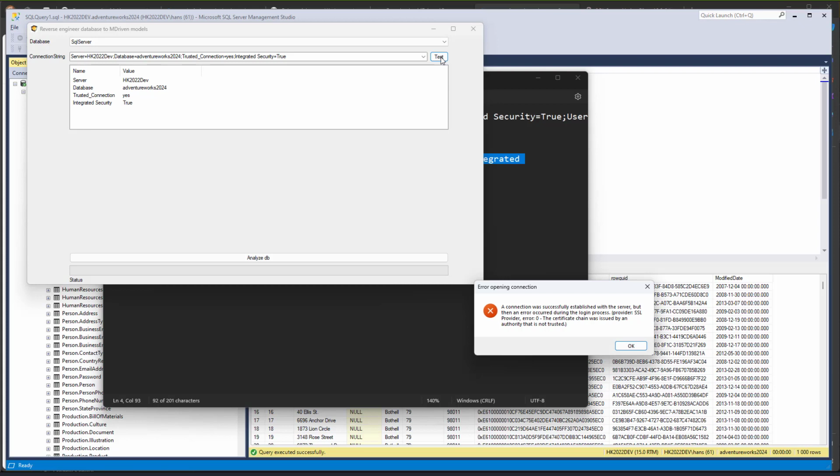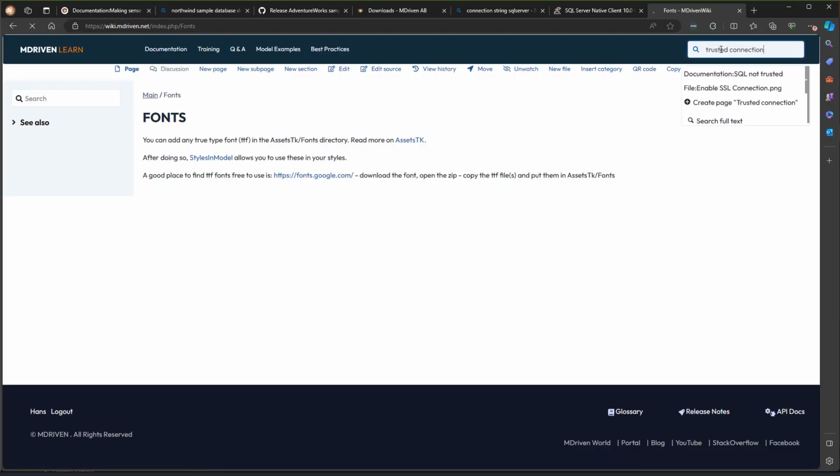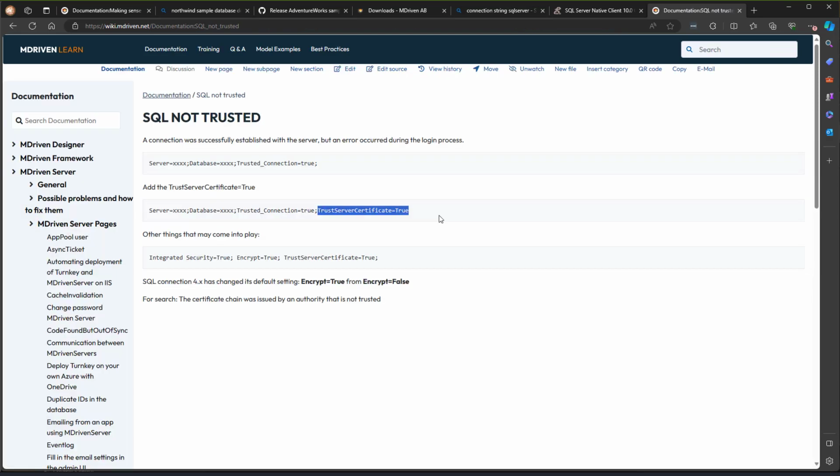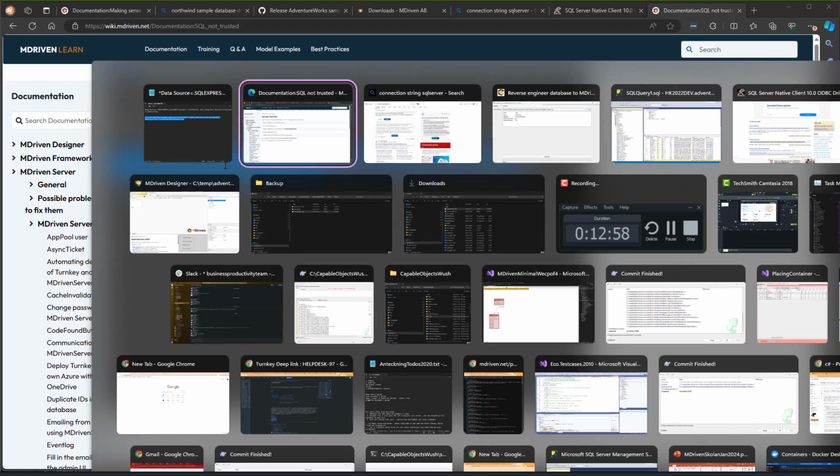So I'm going to head over to the wiki to see if I can spot the needed change there. So, SQL not trusted, and what's missing is the trust server certificate true. So I'm going to take that one and append that to